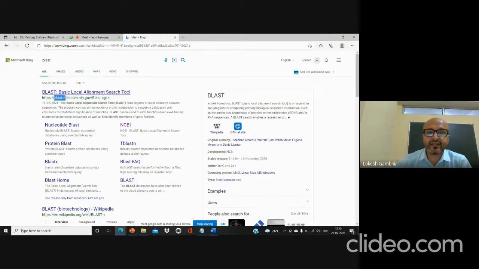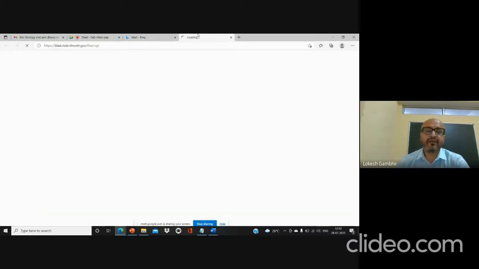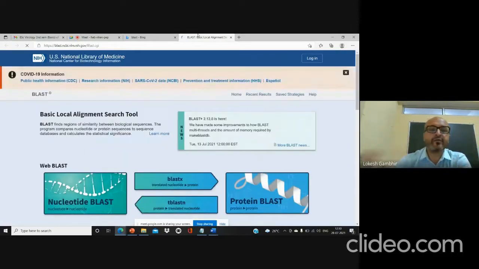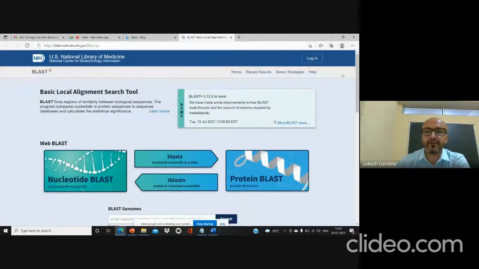It's hosted at NCBI's site. Once you open it in a new tab, you will be able to clearly see the preamble or the image of NCBI and that particular tool. See here. The principal window you get is the tool which is hosted at NIH in NCBI's domain.